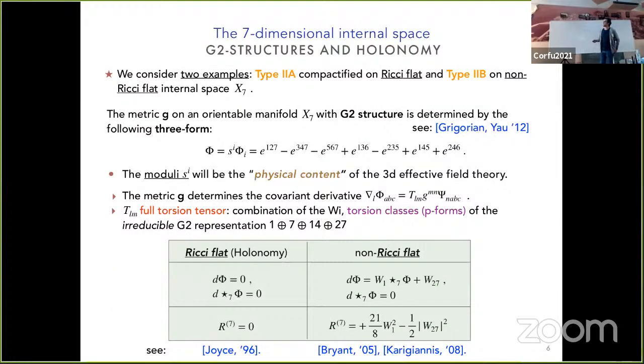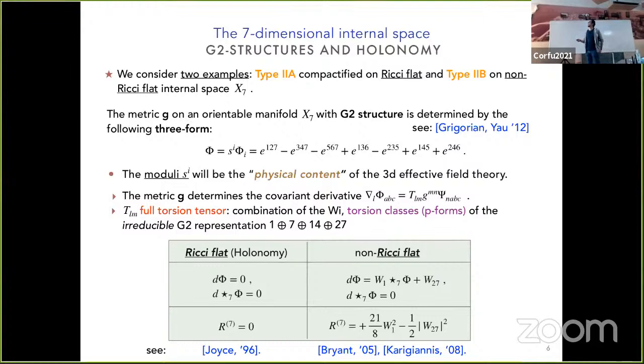I will say some words about the internal space. We'll check both type 2A and type 2B, and I think that for type 2B, I will not have time to say some stuff. So in our type 2A example, we consider Ricci flat internal space, and in type 2B, we consider non-Ricci flat. So we have a 7-dimensional manifold with a G2 structure, which is actually characterized by the following 3